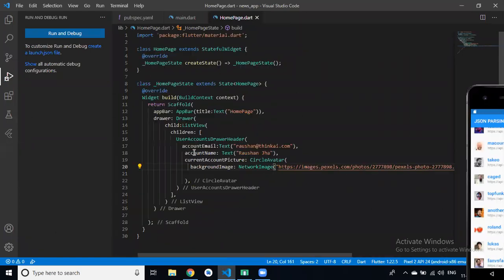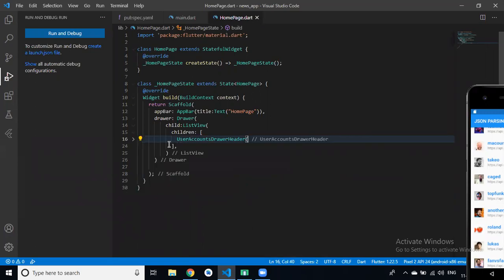Okay, so we have a user accounts header, then after that we have a list tile, right? In list tile we have a leading, and leading is our icon, Icons dot home. Then we have a title.